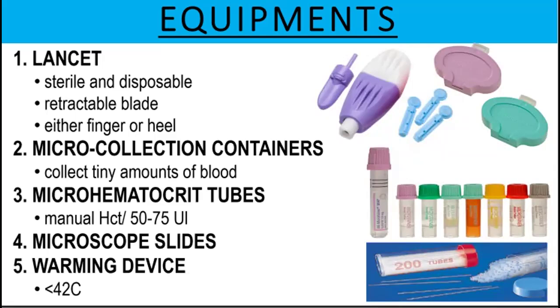And then we have our microhematocrit tubes, another term for capillary tubes. We use those for manual hematocrit purposes. The volume is 50 to 75 microliters. We have two colors, the red and the blue. The red contains heparin additive. The blue is the non-additive capillary tube. We insert the flow of blood at the end with the colored band. This is the entry of the blood, and we fill the capillary tube up to the 3/4 level. We must make sure that there are no bubbles in between our blood.